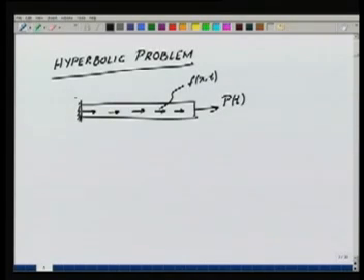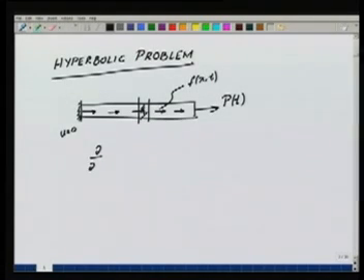Here u is equal to 0 for all times. For this bar, if I look at the equation of motion, again taking an infinitesimal piece, I will get that